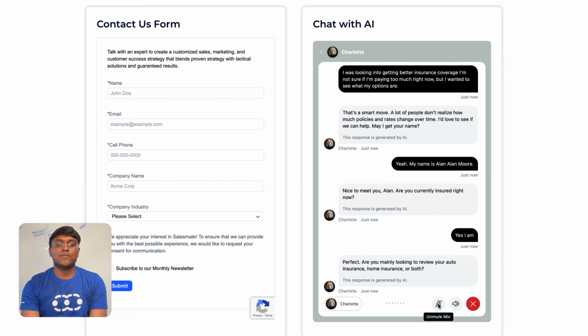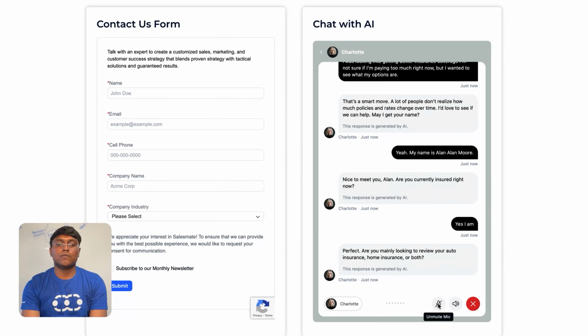Perfect. Are you mainly looking to review your auto insurance, home insurance, or both? So mostly auto, but maybe home too, depending. That makes sense. Bundling can sometimes reduce overall costs. Just to get a quick sense, about how long have you been with your current provider? About 3 years. Got it. And has your premium increased recently? Yes, actually, it went up quite a bit this year.